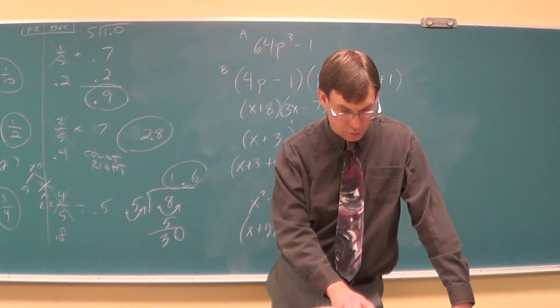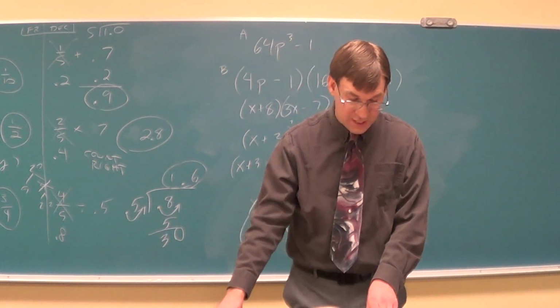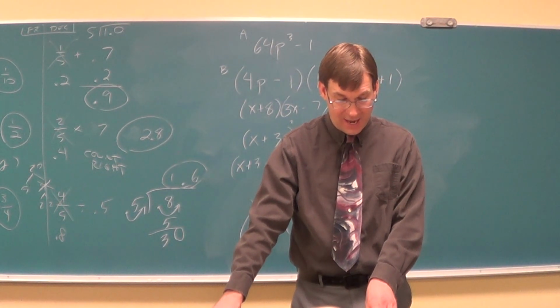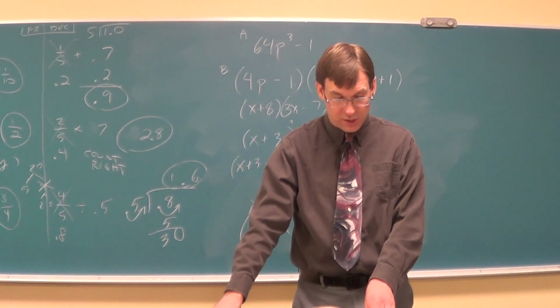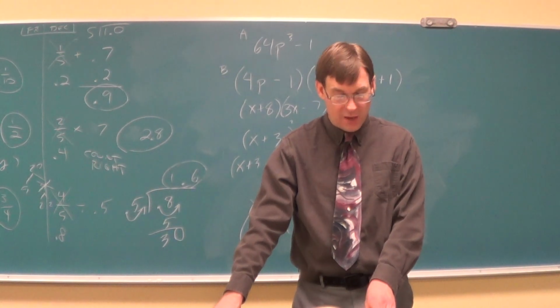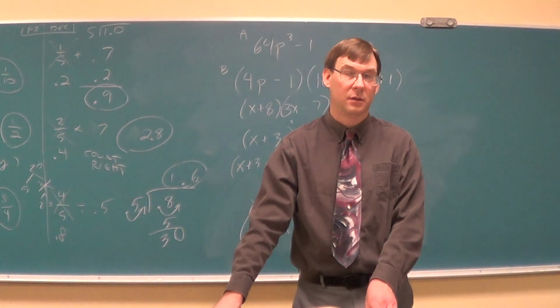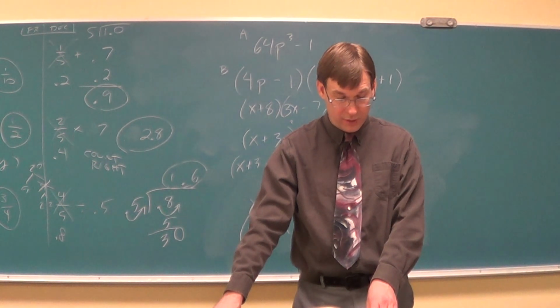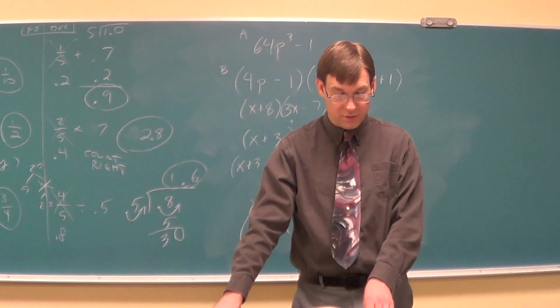Let me jump back to 11. 11 was short the x term. It has the x squared, it has the number, but it doesn't have the xy thing in it to be in the middle. So these, we do a different approach. You want to get the x squared alone, and then what undoes squaring? Square root it. So if we get the x squared alone, it would equal 9. If you square root 9, you've got